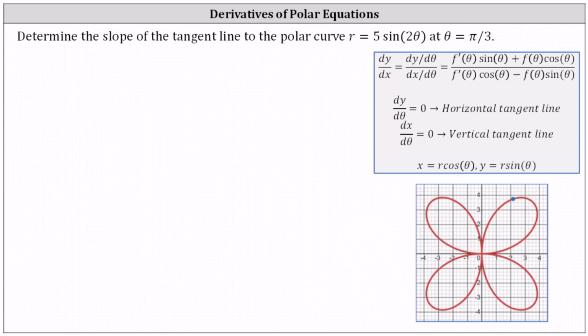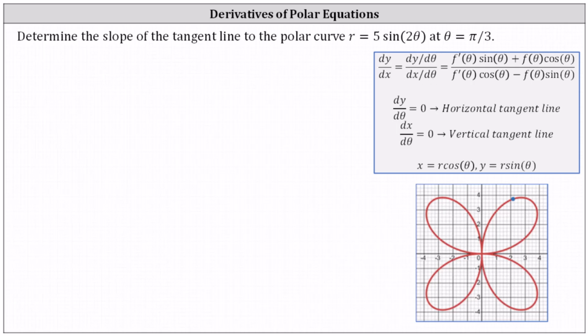Determine the slope of the tangent line to the polar curve given by r equals 5 sine 2 theta at theta equals pi divided by 3 radians. To find the slope of the tangent line, we need to determine dy/dx and then evaluate dy/dx at theta equals pi divided by 3 radians, where dy/dx equals dy/d theta divided by dx/d theta, and